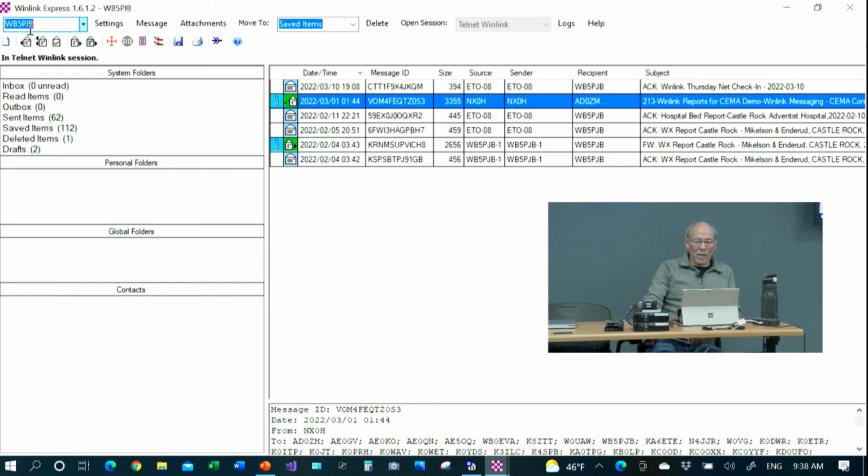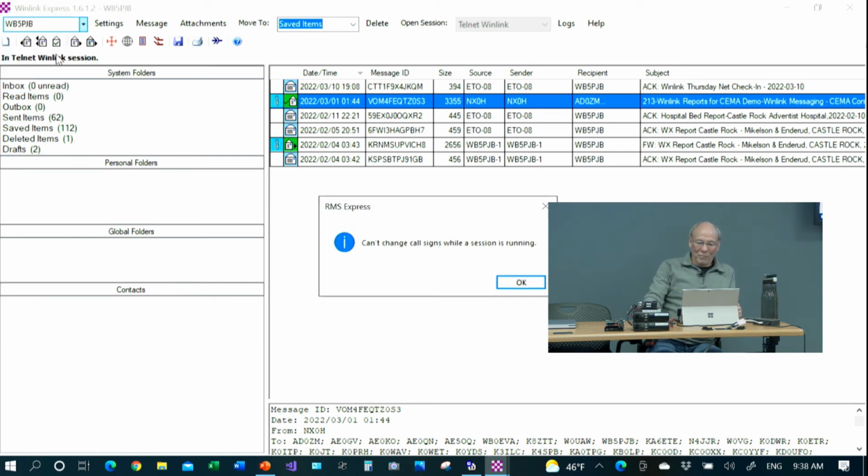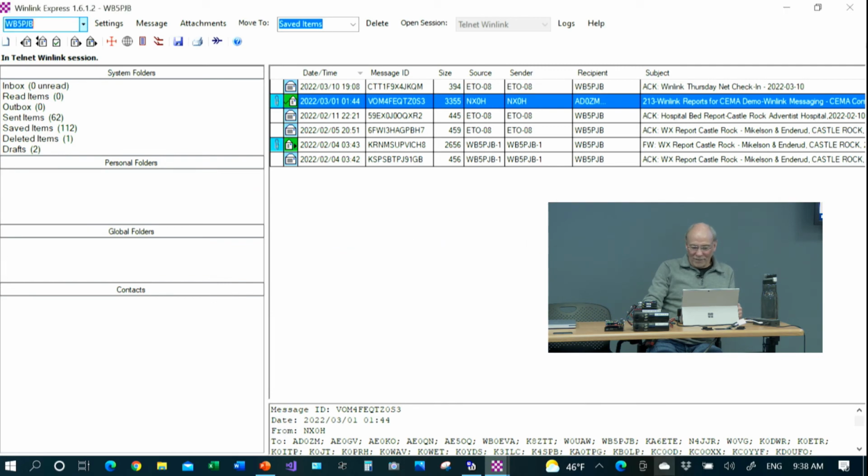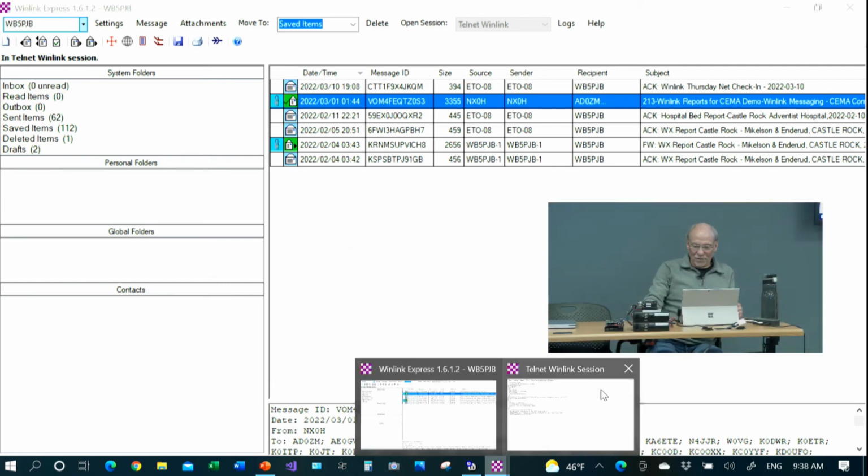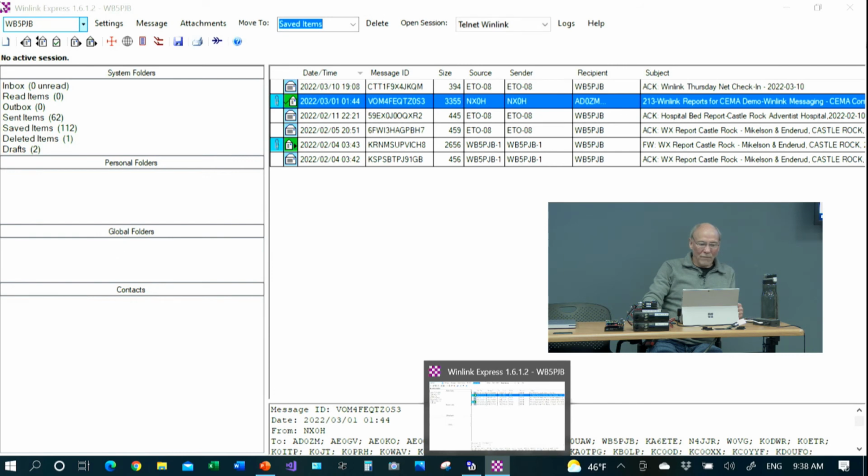But this will normally come up with whatever call sign you last used, that's what's going to pop up in this field. So that's something to remember when you do create multiple ones. If I come in here and I go to, oops, sorry, I'm in a session. Hang on one second. Close my session. If I go up here and I change this to PJB-1,